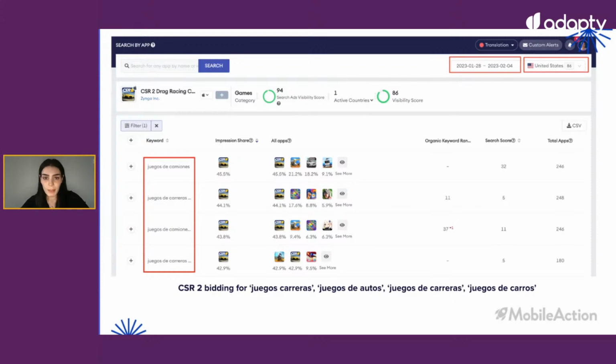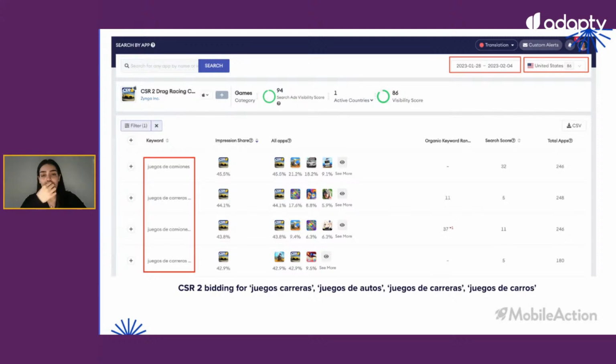What we see here in the CSR2 case, there are many Spanish-speaking users in the US, as you know, and this is exactly the reason why CSR2 targets paid keywords and addresses the sub-segment in their Apple Search Ads campaigns for the United States. So CSR2 gets the most impression share for these paid keywords.